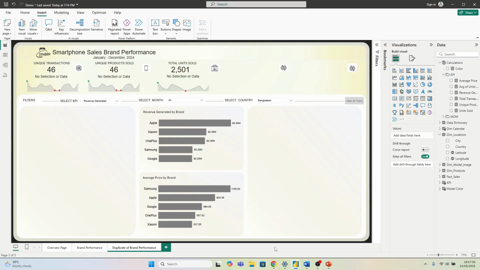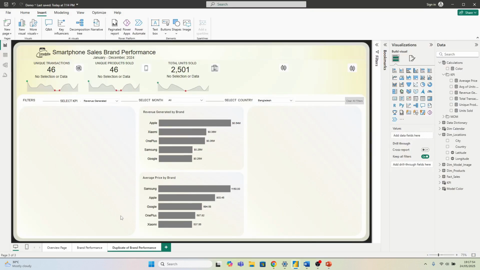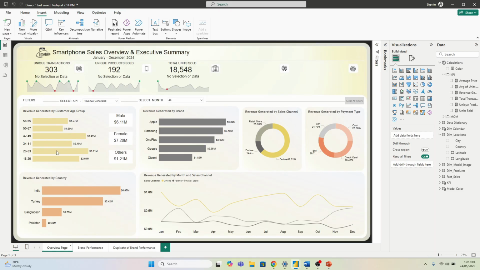Then here, if you come here, you can see what I did is just revenue generated by the storage type, that's the storage size, the revenue generated by the sales channel. We already have this already. We also have this already. This is revenue generated by the customer, the different groups and gender. So basically, it's repeating the same thing, but it gives you an overview of what you're seeing for that particular location. So I can come here and just copy everything I have here like this, make a copy of it,